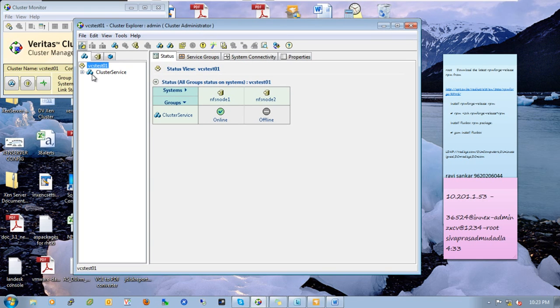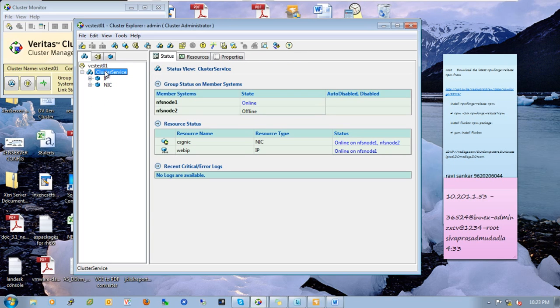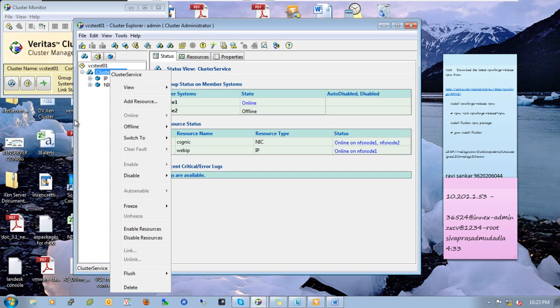Yeah, so I have a cluster service. This is the default service for testing purposes, to check whether our cluster is working fine or not. For that purpose I just configured it during installation itself. Right, so this is the thing, and see here,